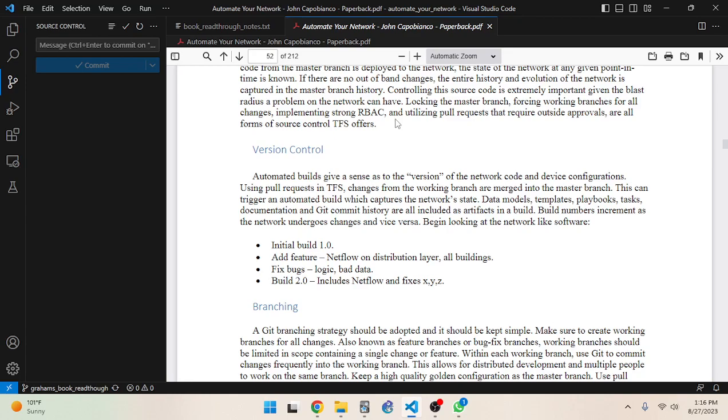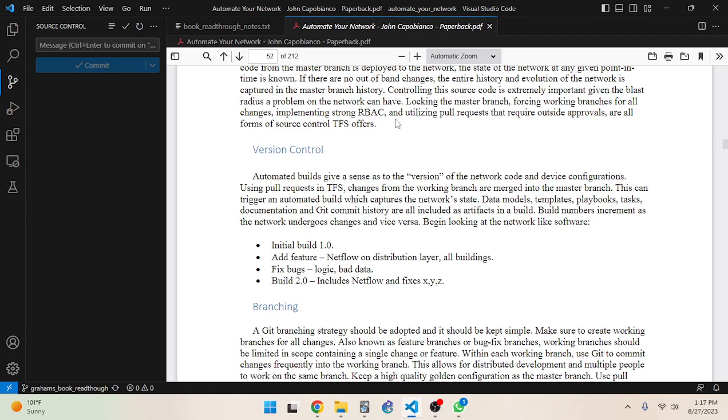Begin looking at the network like software. So the whole network can have an initial build of 1.0. Then you can add a new feature to the entire network, like NetFlow on the distribution layer across all the buildings you have on your network. So then let's say something goes wrong with that. You can fix all the bugs, the logic, the bad data.